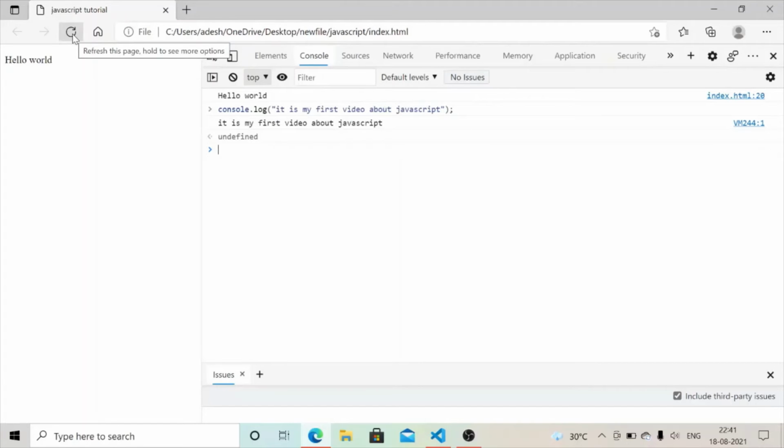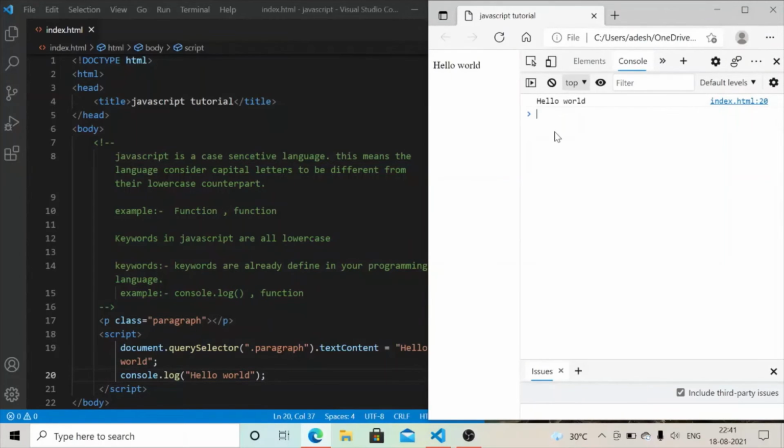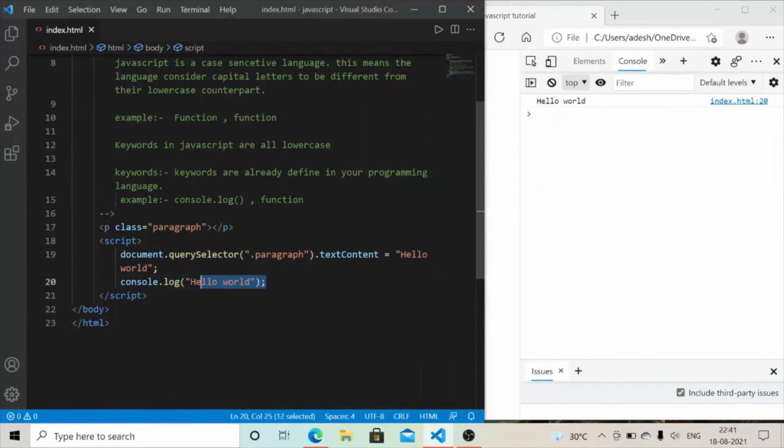So in that way you can also write JavaScript code inside the console, and when you refresh your page, you find all your activities cleared except this one, because this is written by this code, that's why it's not cleared here. And if any error occurs in your JavaScript code, then you can see that error.